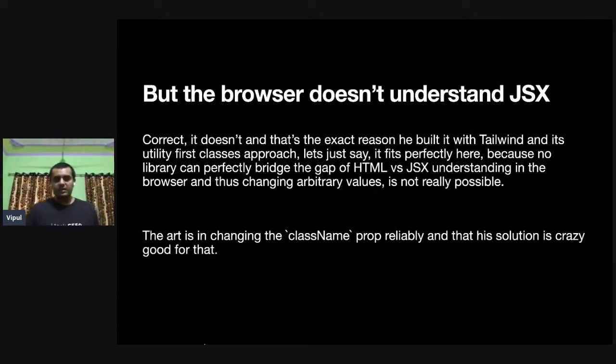We are just handing that whole business to, say, the browser, and the browser does it on its own. So we are not touching that business at all. That's why he uses Tailwind. And with Tailwind, you're only changing property values of a single prop, which is className. So that's why he has a reliable solution, because he only has to change values of a single prop, which is className. And Tailwind being a utility-first library fits right into this picture.